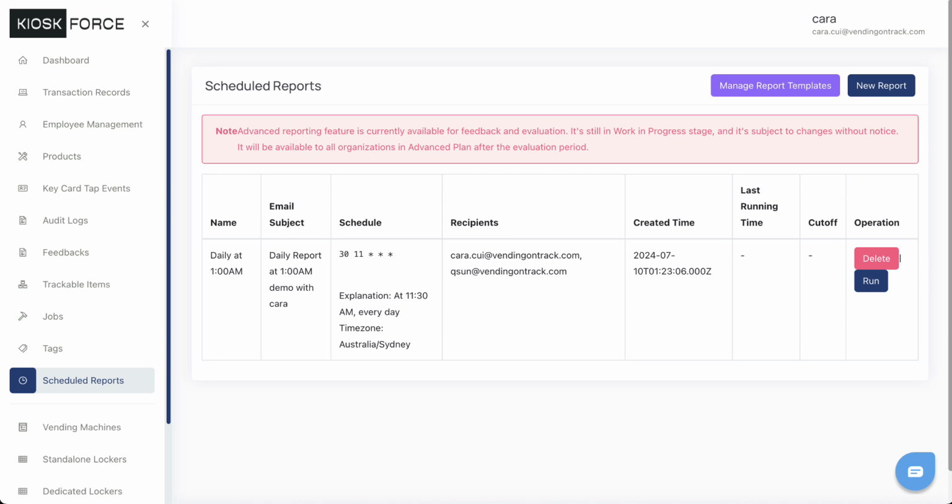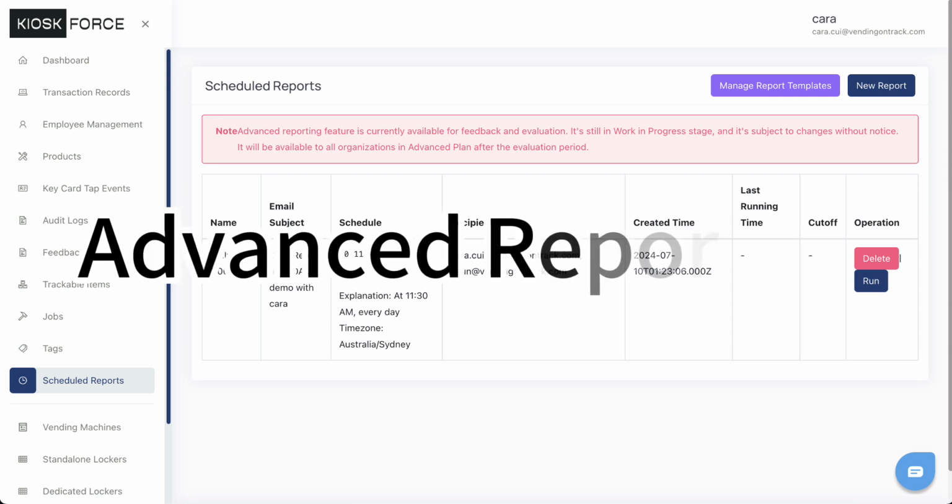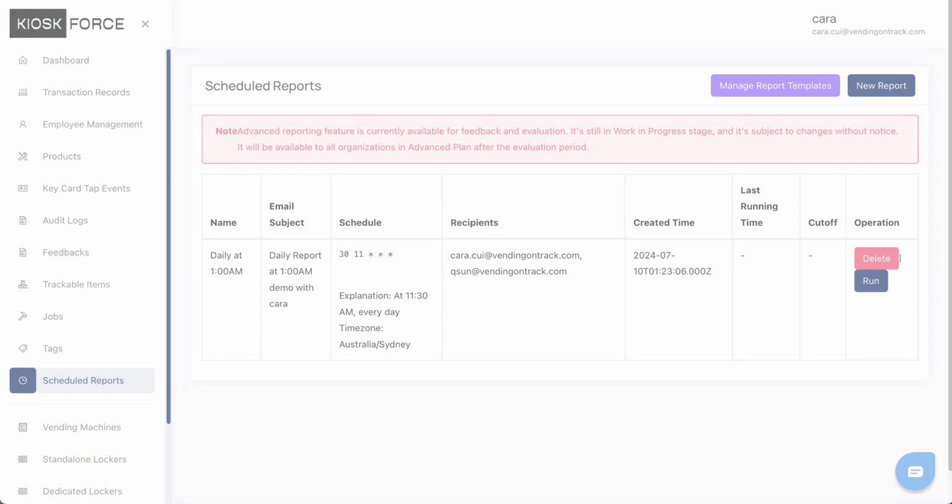To improve the previous daily and weekly reports in the PPE vending system, we have developed advanced reporting, also known as scheduled reports. With this function, you can design and create your daily, weekly, or monthly reports according to your specific needs. Key features include